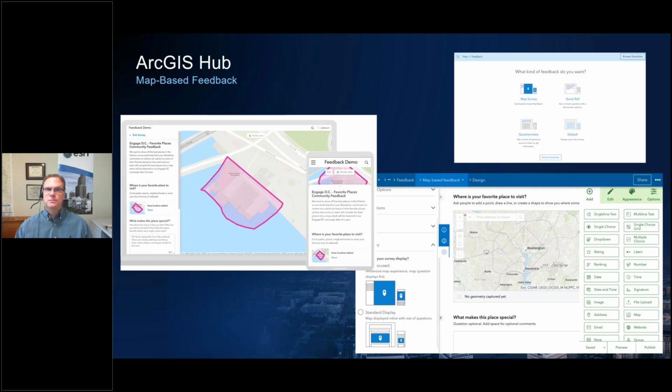This is a way for the public to be able to provide feedback in a map by actually drawing boundaries, points, lines, polygons, and being able to add their comments to it. So think about this from the standpoint of updating a comprehensive plan, how useful that would be to be able to get feedback, because of course all feedback from the public is always constructive and surrounded by logic and rational thinking. But it's a fantastic way to be able to get, again, geographic feedback from folks. So again, this is new within ArcGIS Hub. And there's a new blog on that on the ArcGIS blog if you haven't seen it yet to detail it.